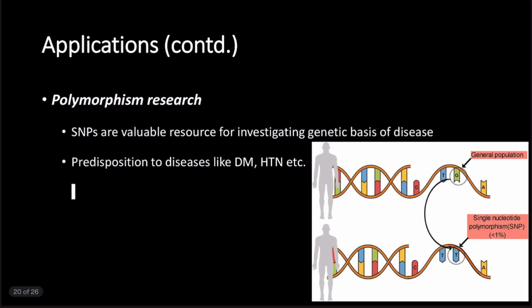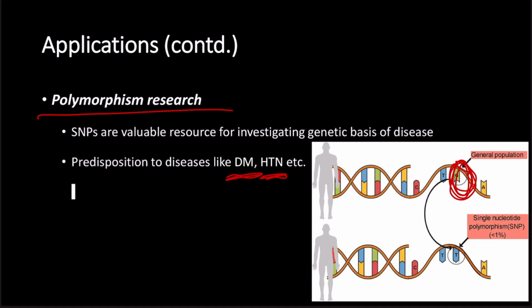Then other applications is in polymorphism research. So single nucleotide polymorphism, that is the change in one particular nucleotide which is seen, is called a single nucleotide polymorphism, and this is actually predisposing some of the individuals to several diseases like diabetes mellitus and hypertension. So if we detect it earlier, then we can also take the necessary intervention so as to prevent and treat